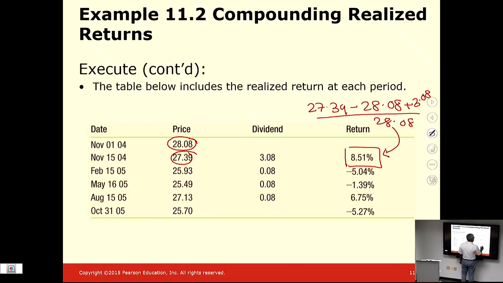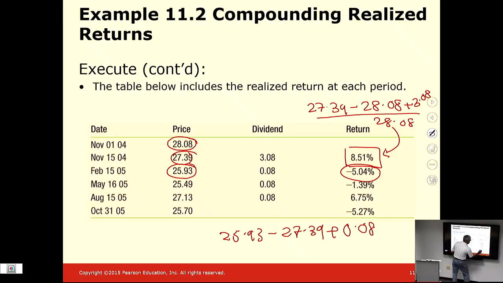That will give me 8.59%. This next one would be calculated as ending price now 25.93 minus 27.39 plus the dividend, which is now 0.08. I divide that by the beginning price,